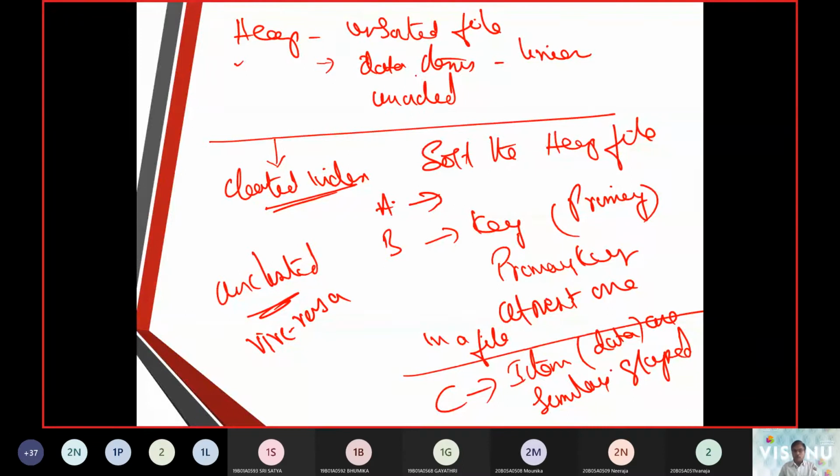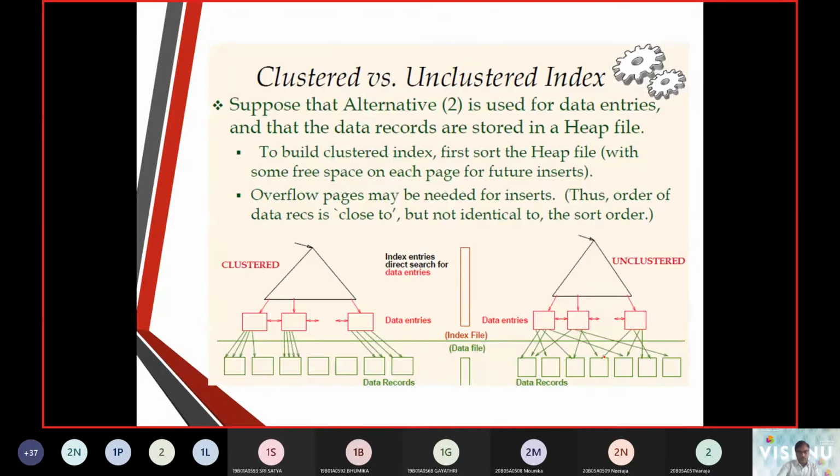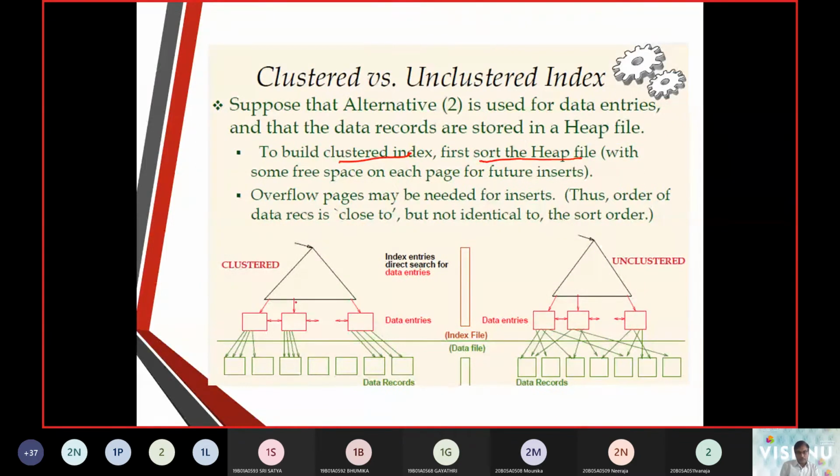All the properties are going to be there if it is going to be an unclustered item. So what we talked about was the very first one, the clustered item. Here you can say sorted, or ordered data entries.